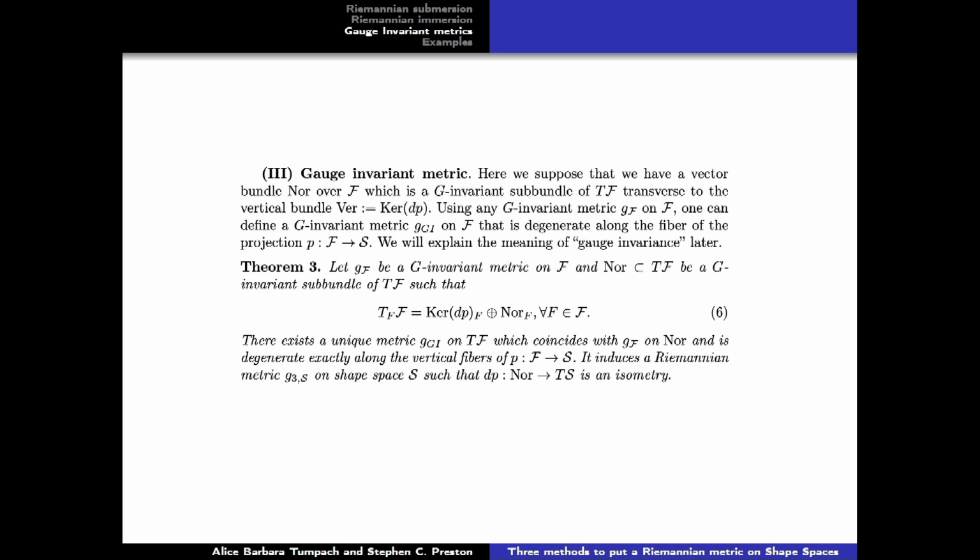It has a kernel because what you do is, instead of applying your metric on an arbitrary tangent vector, you first project on the normal, and then you compute a metric there. So because there is this projection step, there is a kernel which is exactly the tangent space to the fiber. So in this setting, the tangent space to the fiber has zero cost, zero length. So it has good properties in applications where, for instance,